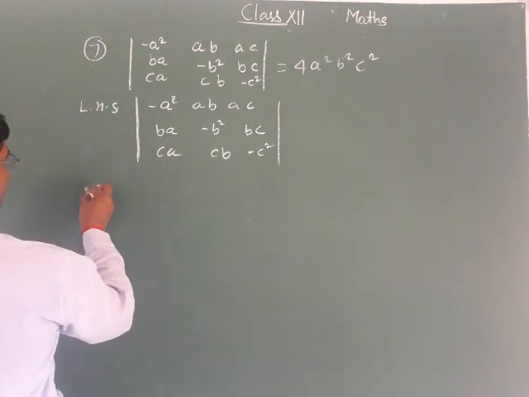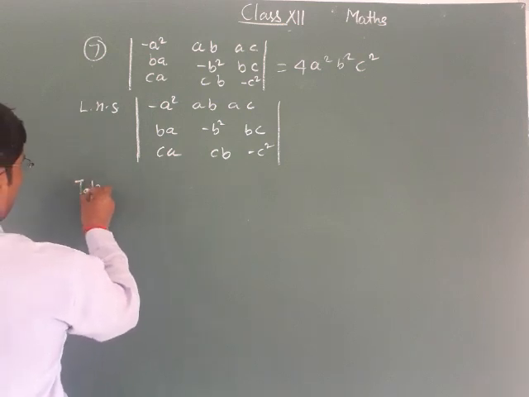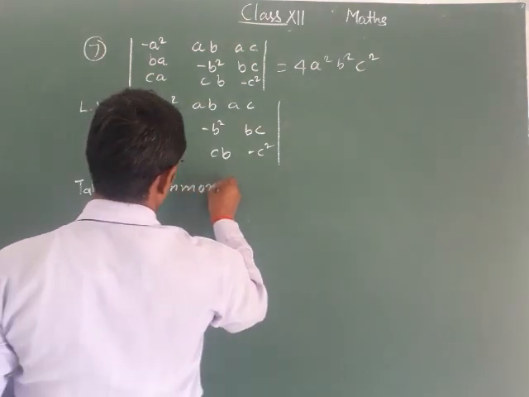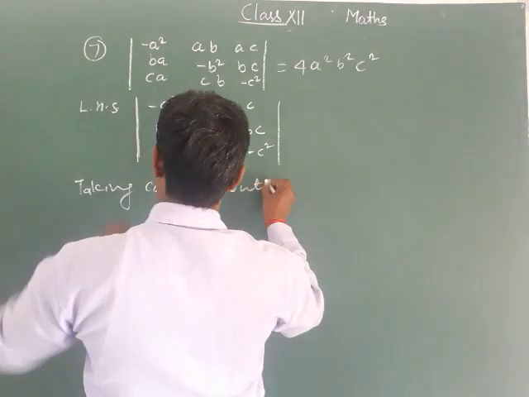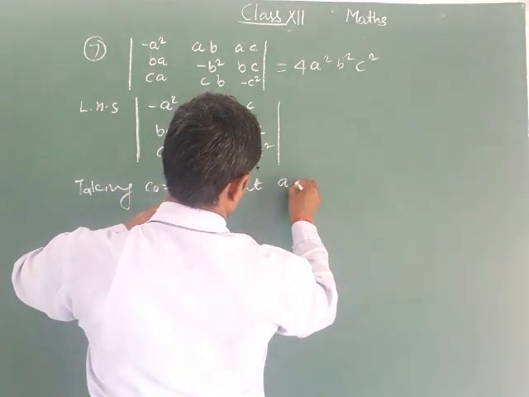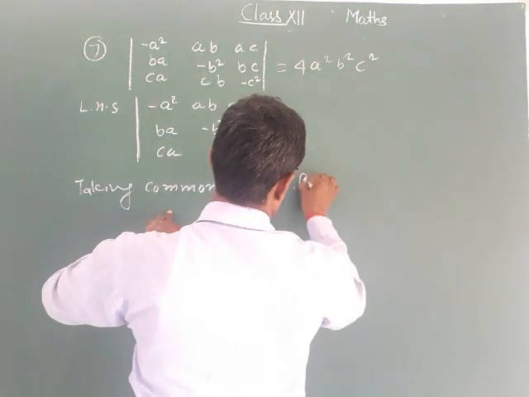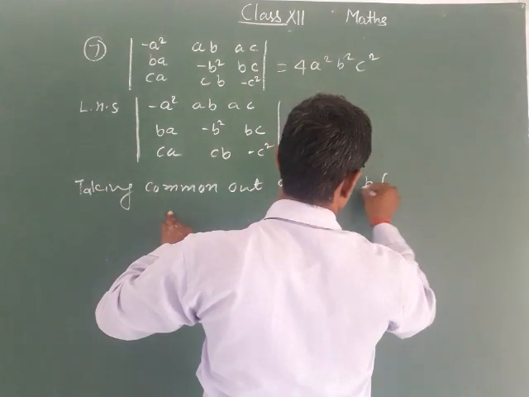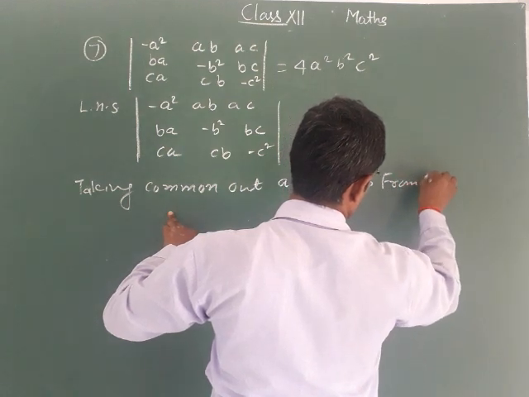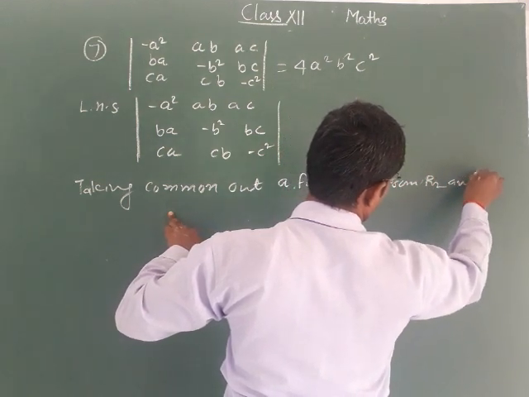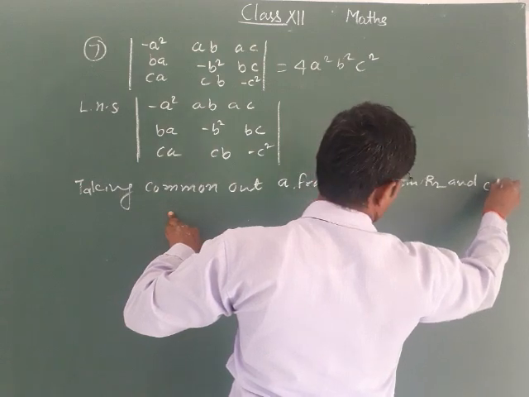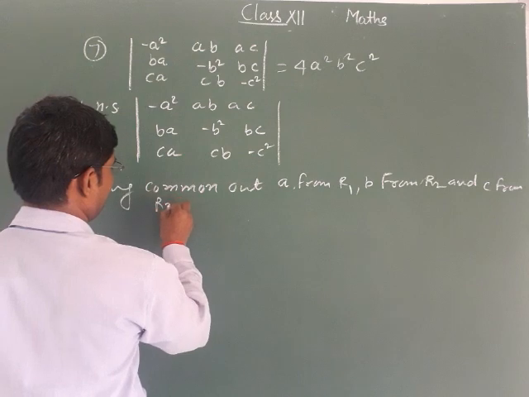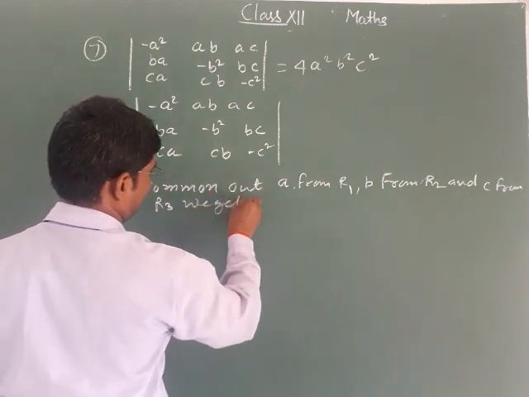Now taking common out a from R1, b from R2 and c from R3, we get